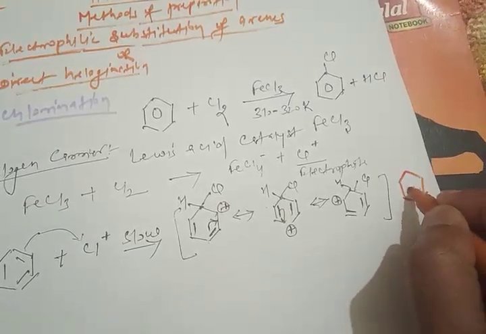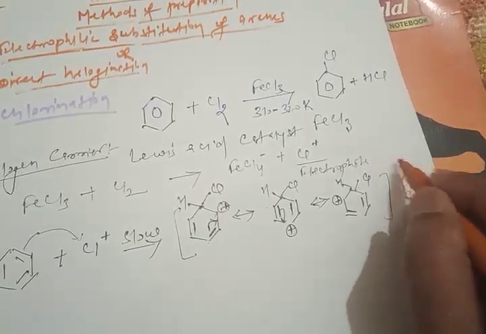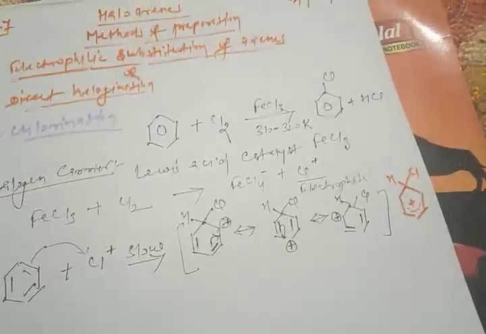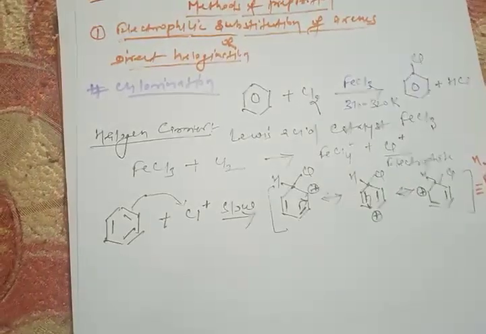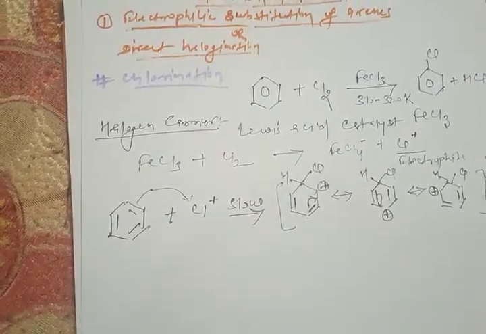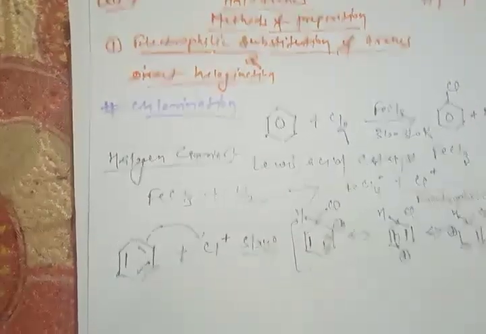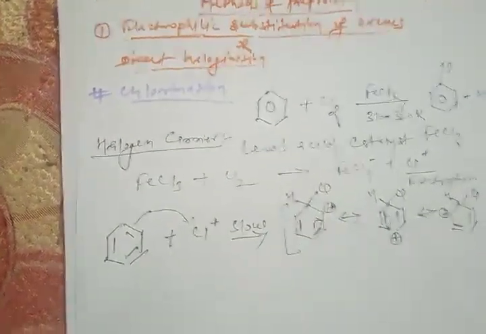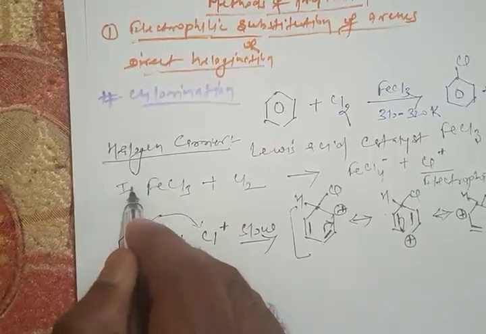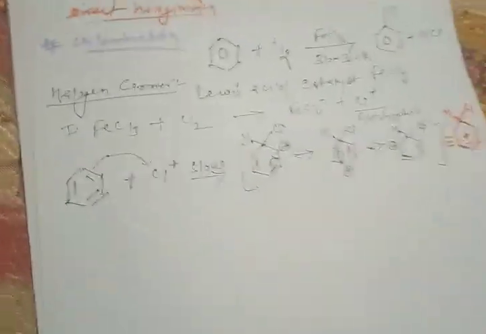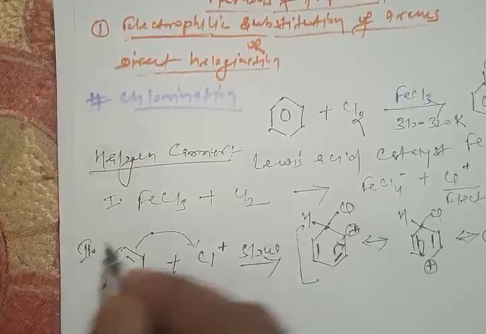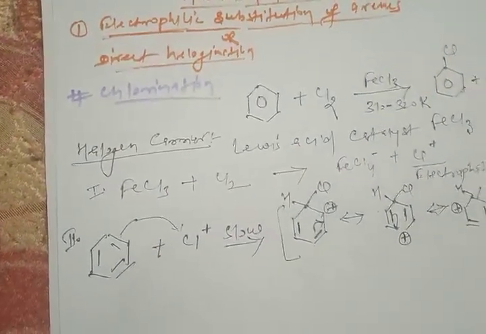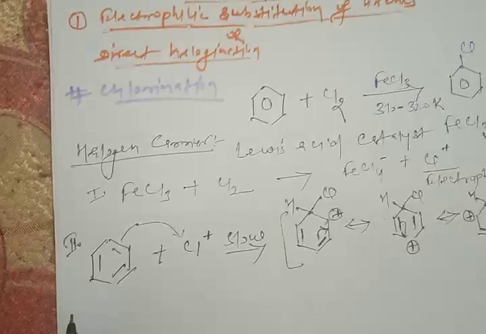I'm drawing H+ and Cl-. So this is the resonating structure of benzene. The first stage of the reaction is the generation of electrophile, and in the second stage, the attack of the electrophile on the benzene ring, and in the third stage,